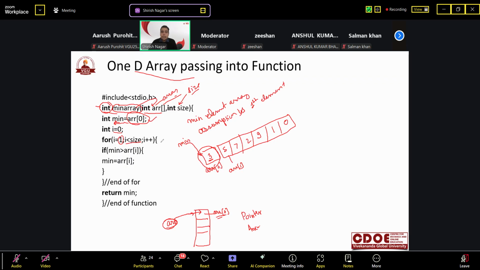So that is ARR 0, so I is 0 right now. For I is equal to 1, I less than size. Less than size means the last element will be size minus 1. That is why. So if minimum is greater than ARR I, then minimum is equal to ARR I. Means whatever your current minimum is, if it is greater than any array element,